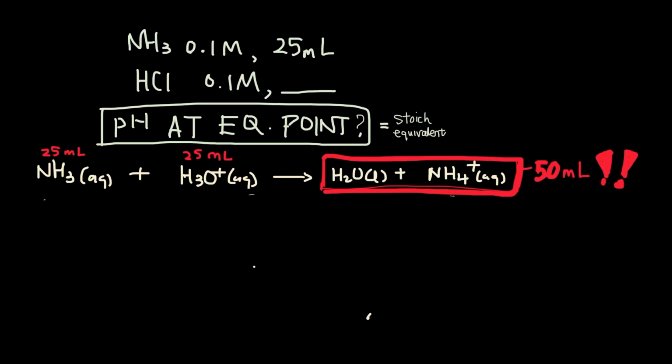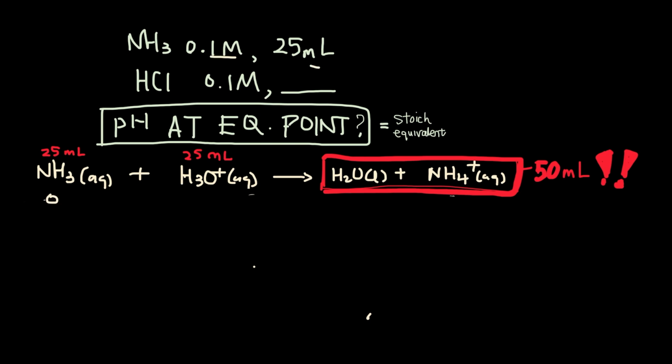Today we're going to tackle this problem. What is the pH at the equivalence point when you mix a strong acid with a weak base? So first we start by writing a net equation where instead of writing HCl, I just wrote hydronium, because that's what's net reacting. And in our ICE table, I like to start with adding the moles in here, which is